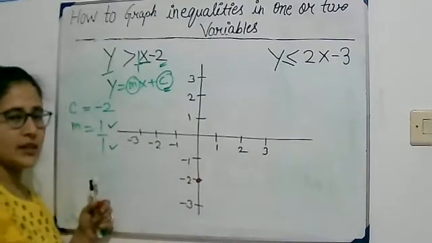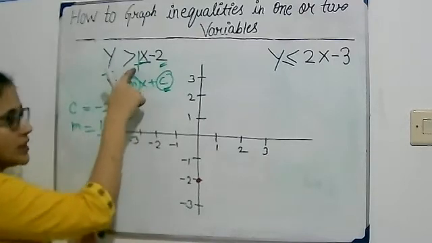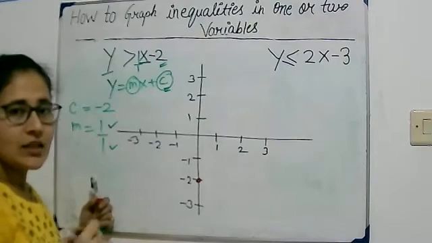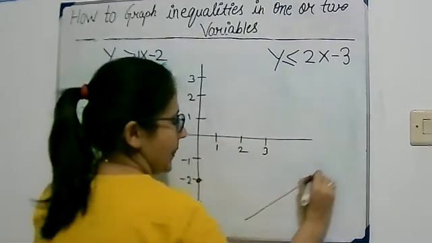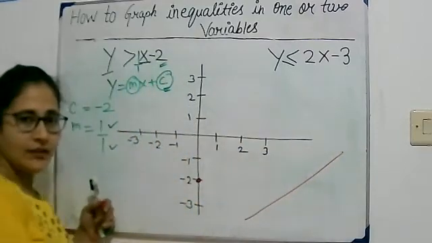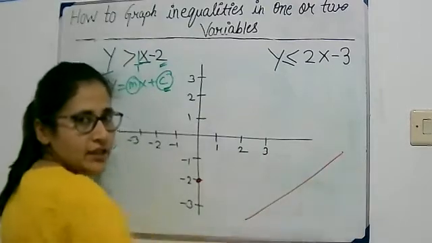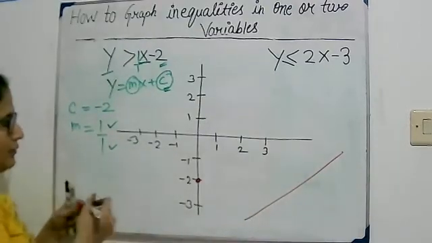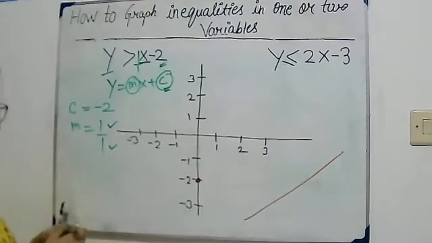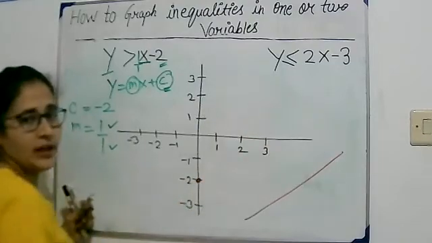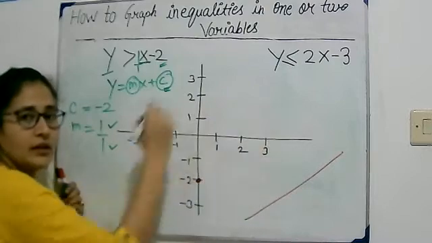This is the intercept. Now the value of m, the value of the gradient, is a positive value. That means the slope of the line will be like this. The line starts from the downward left side to the upward right side. So when we draw the line, it should be in this form. Let's draw points on this xy coordinate system. So what is the step for putting the coordinates?